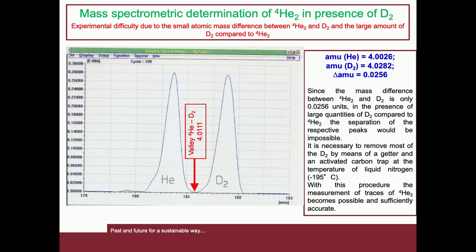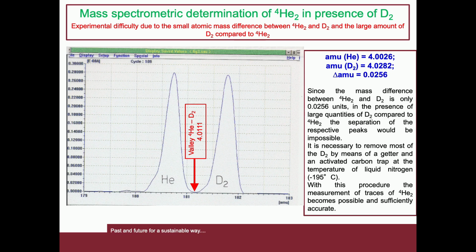Mass spectrometric determination of helium-4 in presence of deuterium. The spectrum in the figure represents the separation of helium and deuterium in a one-to-one mixture. The axis of mass is purely arbitrary, and the point of separation between the two peaks is located in the valley at